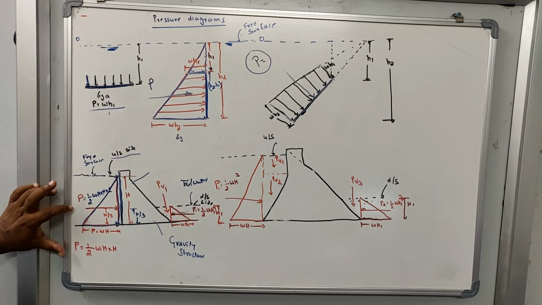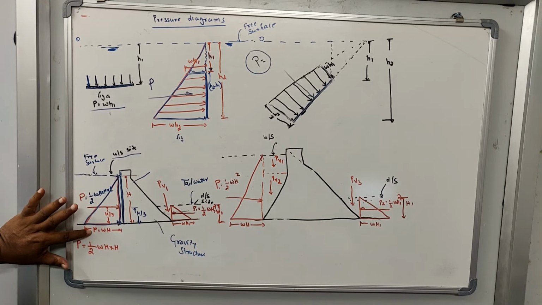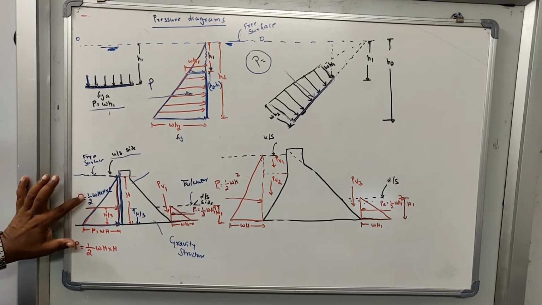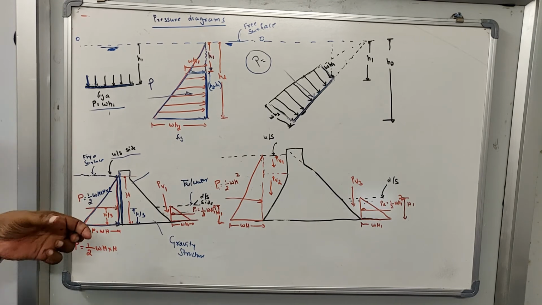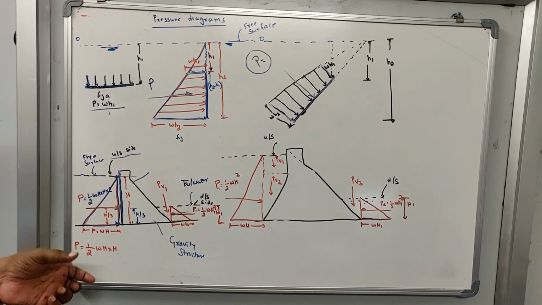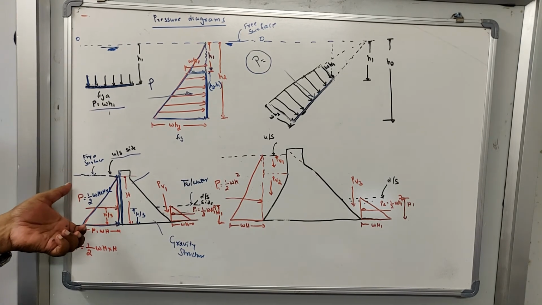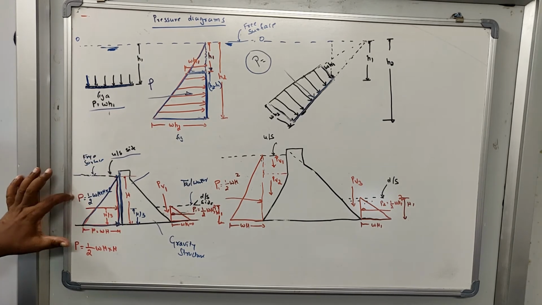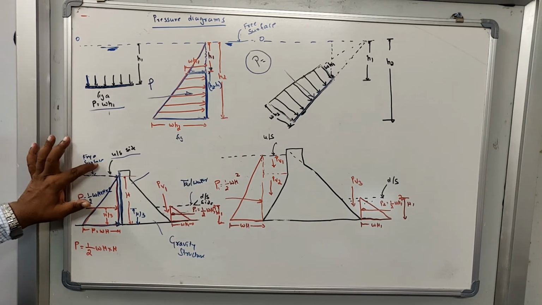Okay, so this is how you calculate the maximum pressure intensity acting at the base of the dam or base of the structure, and the total pressure, that is equal to half WH square. That is area multiplied by 1, that is the unit length, multiplied by unit weight of water. So that gives you the total pressure P exerted by this static mass of water on this vertical plane, and its point of application is h by 3 from the base or 2/3 of h from the free surface.